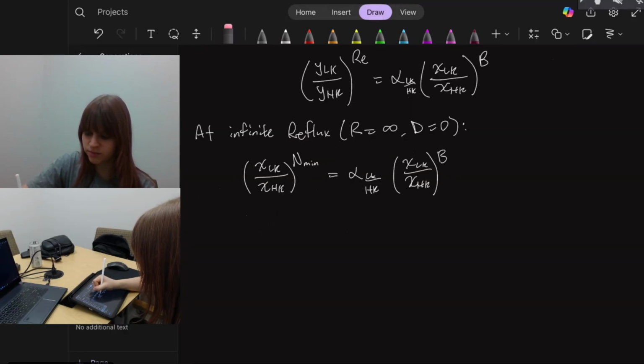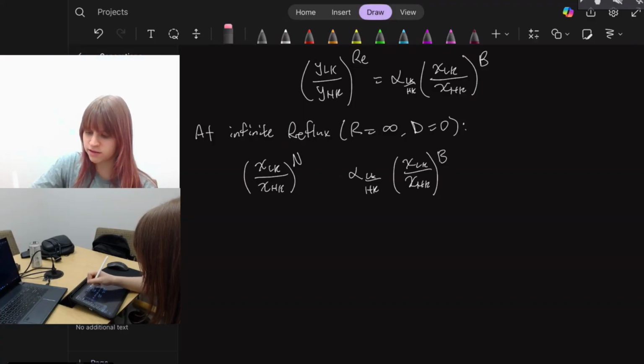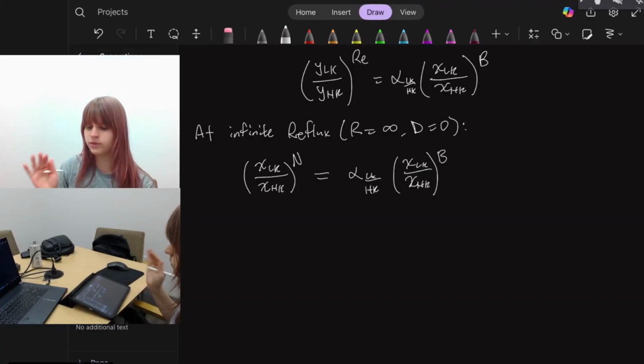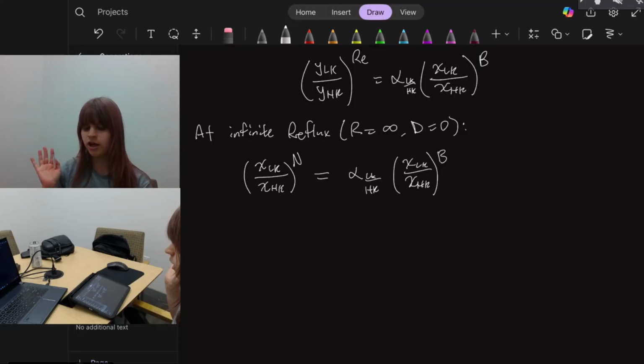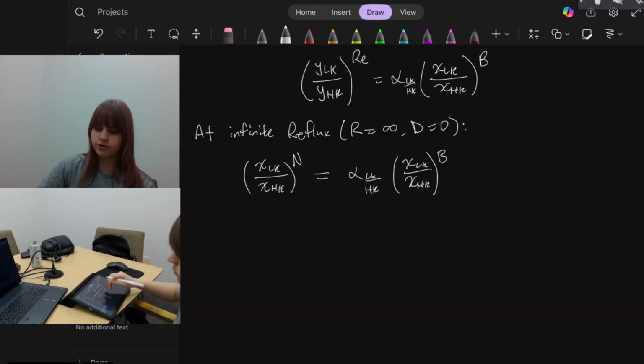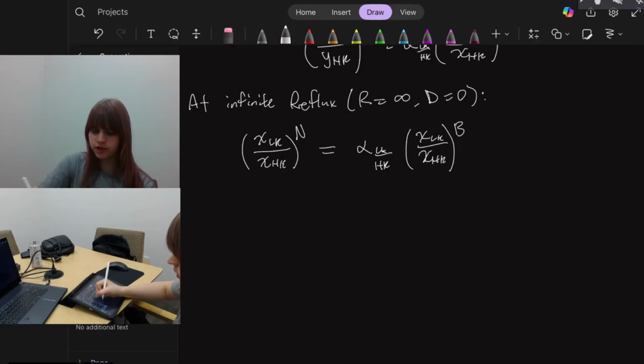And actually I am just going to keep that as n. It's technically not n min, but we're just talking about stage n right there. So if we have the vapor composition of the light key over the vapor composition of the heavy key to the n,